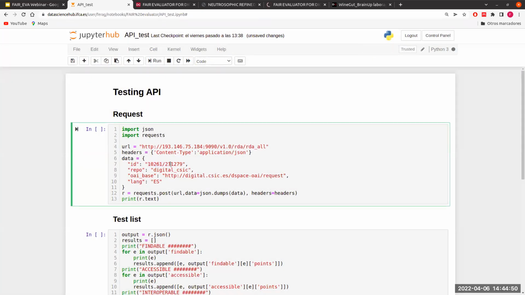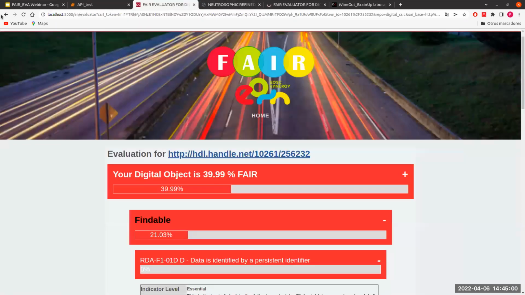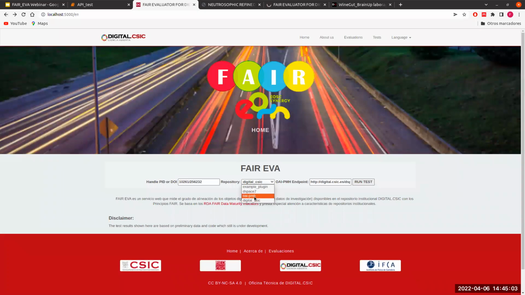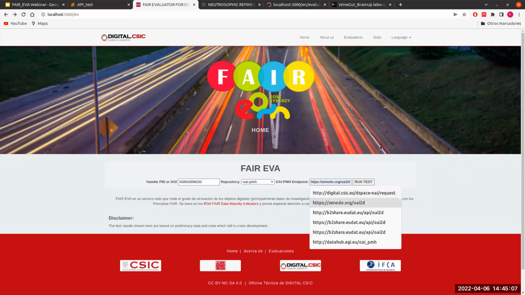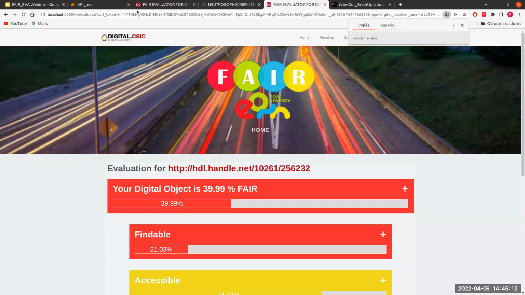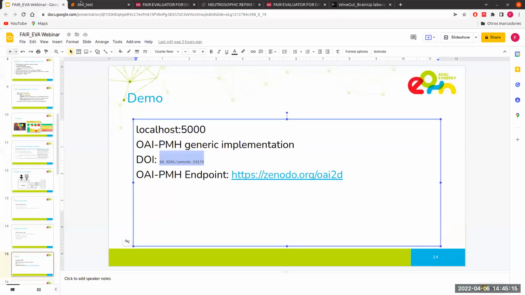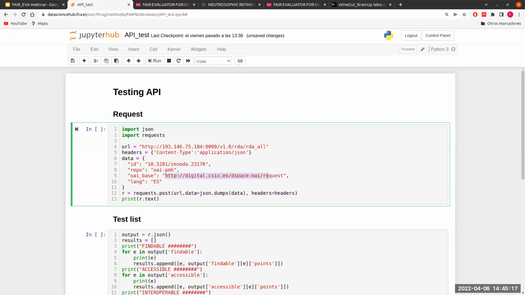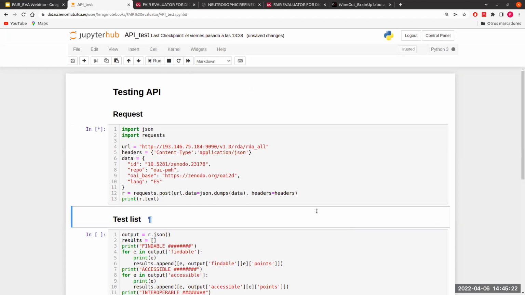So instead of this, it can be configured, of course, we can use this identifier with the OAI PMH plugin in this case. That is the same as doing like this. And we can use the endpoint of Zenodo to launch the test. Okay, yes, because I think there's some problem on Digital CSIC. So let's use Zenodo. And let's hope they take less time to do it.